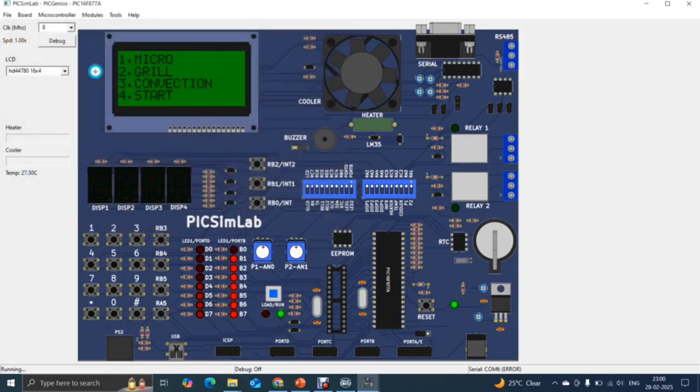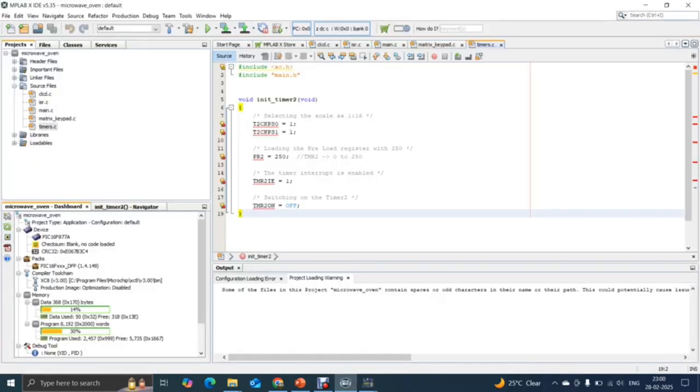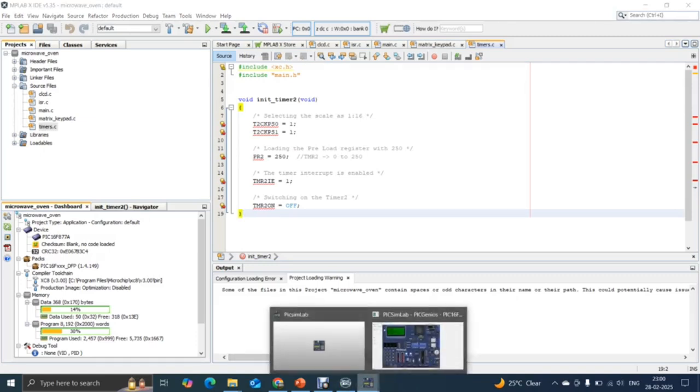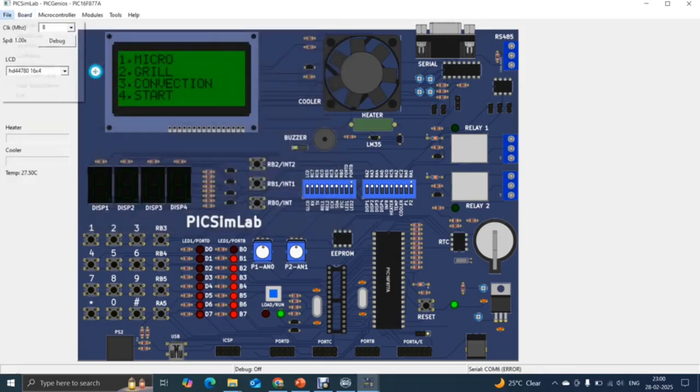So you can see the 4 modes: micro, grill, convection, and start. And the files, as I told you, are here: CLCD, ISR, main, matrix keypad, timers.c. These files are represented in one file, that is the hex file. You can see microwave.hex. So we load the hex file,